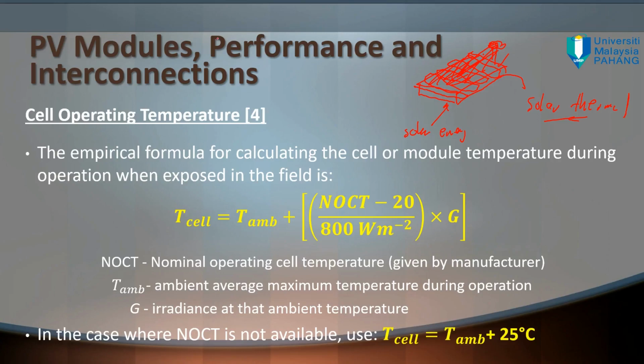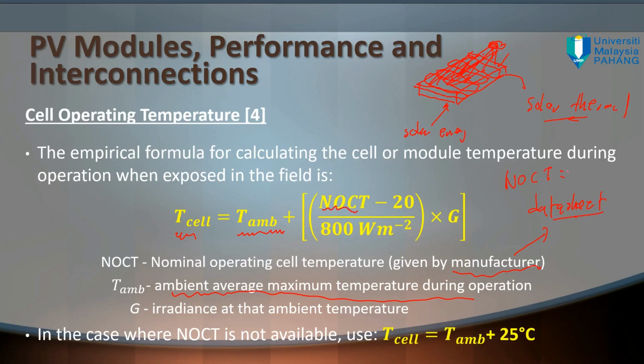Okay, so the formula for calculating the cell or module temperature during operation when exposed in the field is T cell equals T ambient, the maximum ambient temperature during operation, plus NOCT. What is NOCT? Nominal operating cell temperature is actually coming from the manufacturer. This comes from the data sheet. Okay, the data sheet is written